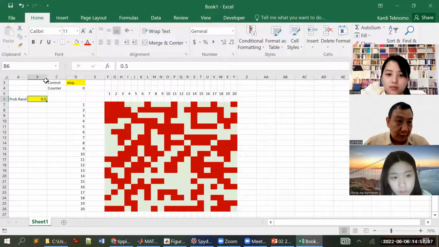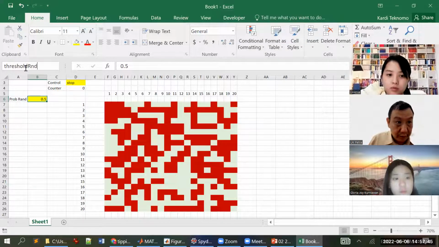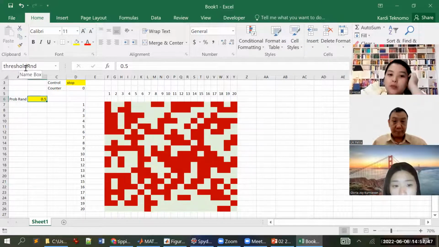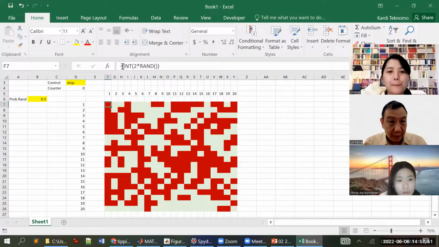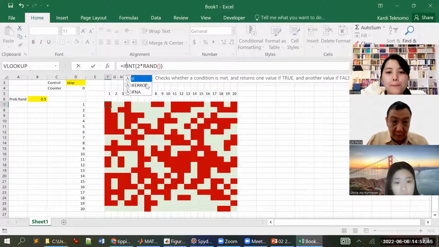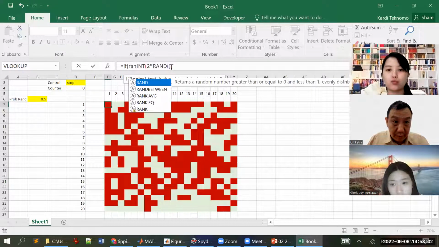So let's call this threshold random, empty, that we can set, right? So then I can put this if my random number